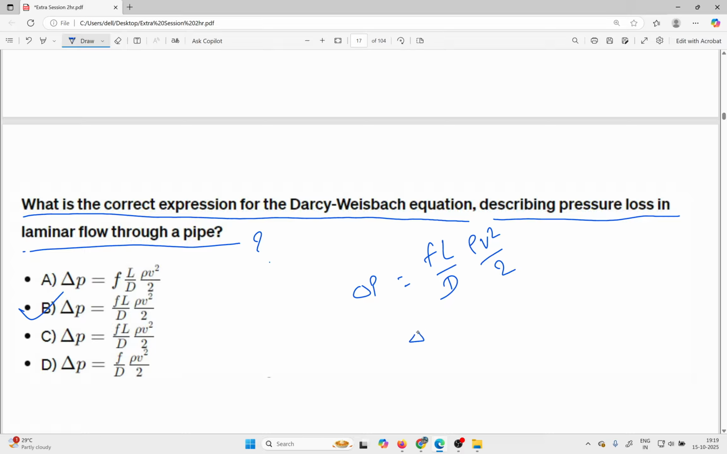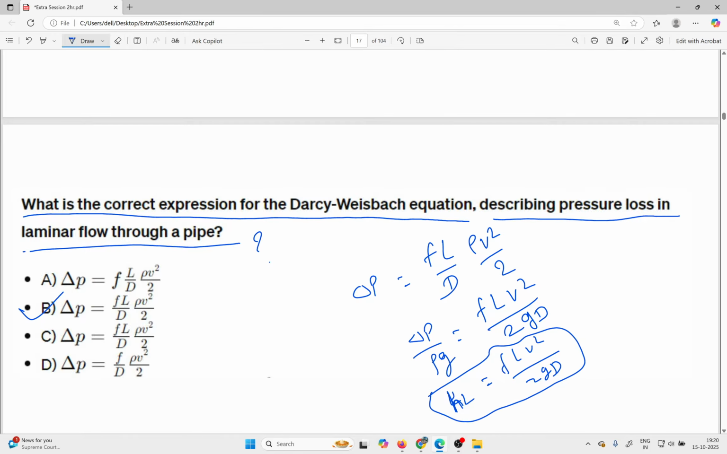Means delta P by rho is equal to f L V square by 2 D. So you can write, in terms of head loss, h_L is equal to f L V square by 2 g D. Remember this. Now the next question is,